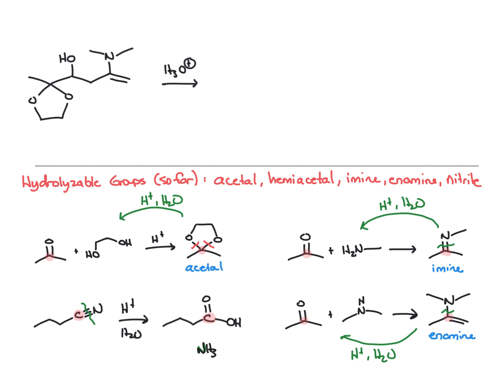All right, so applying this to the problem up here, we have the acetal, or the cyclic acetal, which is hydrolyzable, and we have the enamine. So we're basically just doing these reverse reactions. So highlight your acetal carbon and highlight your enamine carbon. So we can break these bonds during the hydrolysis. So those break off,